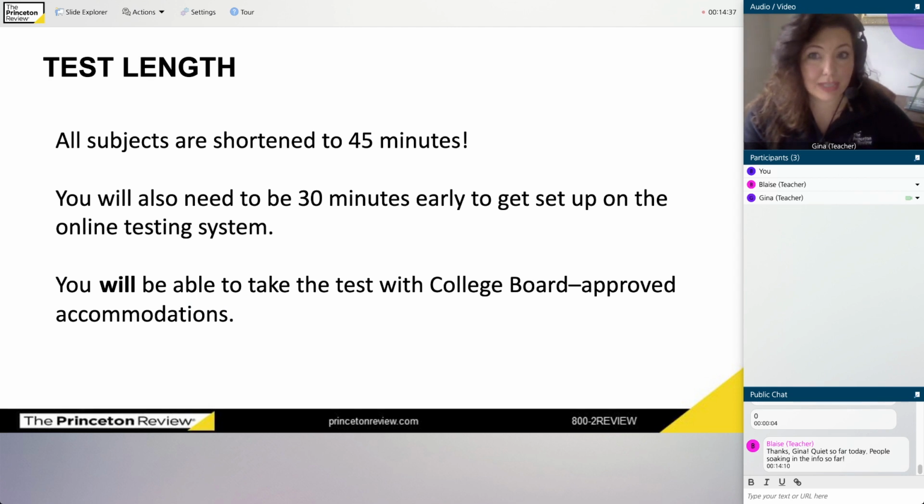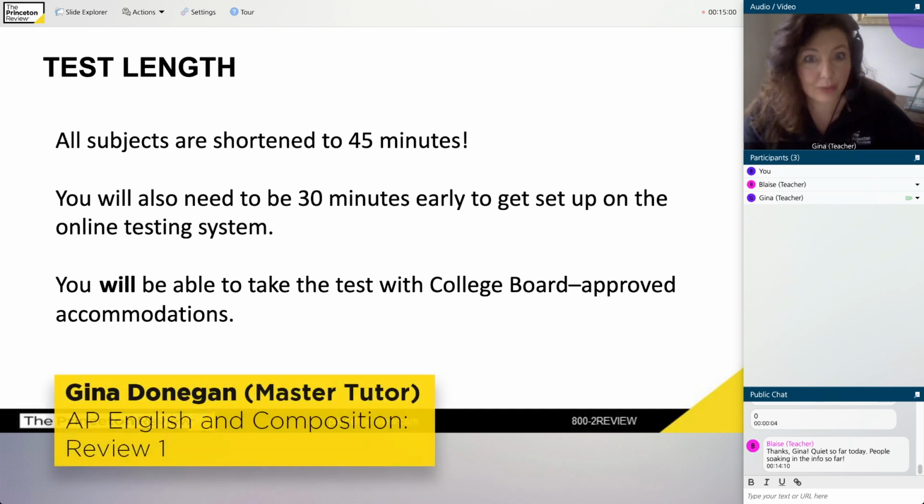All right. So as I mentioned earlier, all AP exams are now only 45 minutes long. So the good news is you only have to write one essay. The bad news is your entire score is based on that one essay. So it has to be a really good essay. You will be allowed to log into the College Board system up to 30 minutes early, and I would suggest you log in early. You do not want to start this test late, right? You want to be all ready to go, get that trigger finger ready to go when the clock starts so you can immediately start writing your essay.